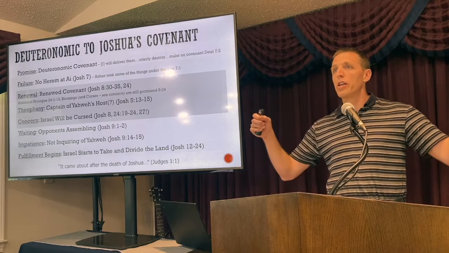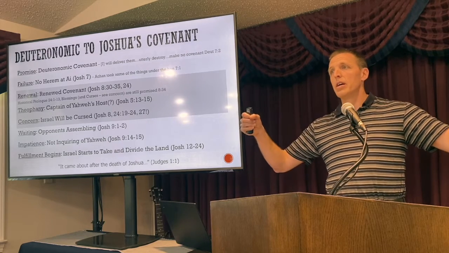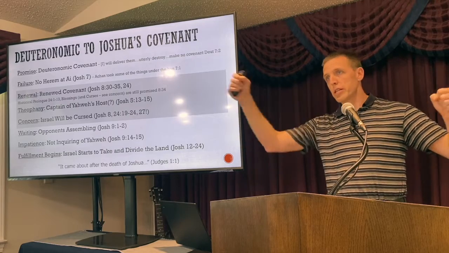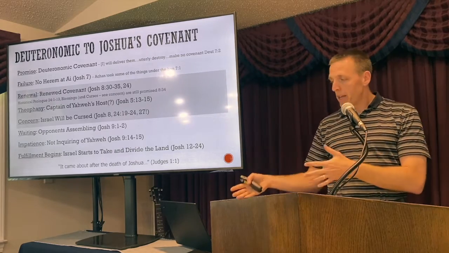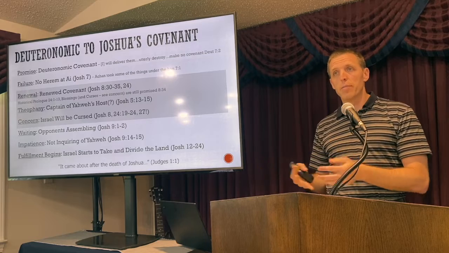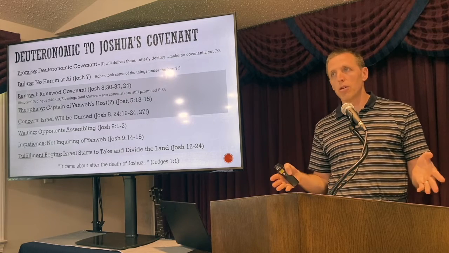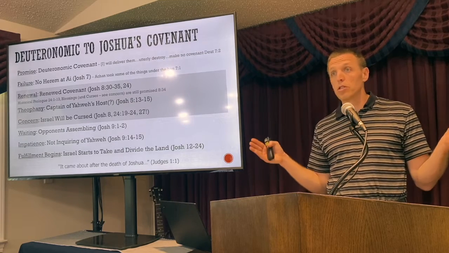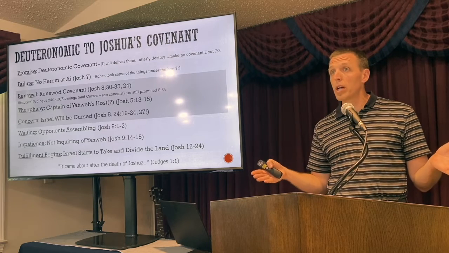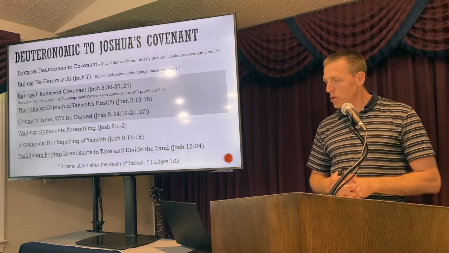You remember they stood on two mountains, and he said, I want you to read the blessings and the curses, six on one mountain, six on the other. And even by the end of the book, there's a second sort of renewal, as I mentioned, where Joshua says, look, and you guys all know the verse, as for me and my house, we'll serve the Lord. He said, you choose. And he enters into a covenant for the people that day in Joshua 24.